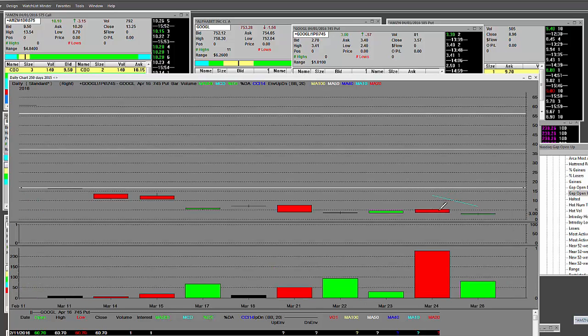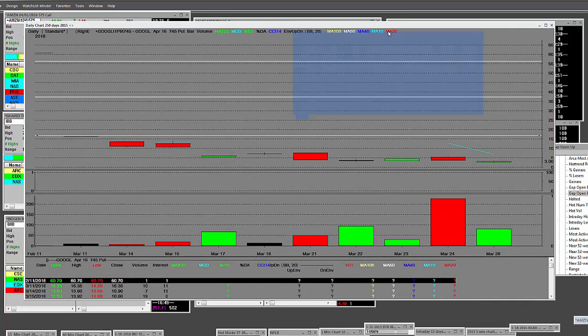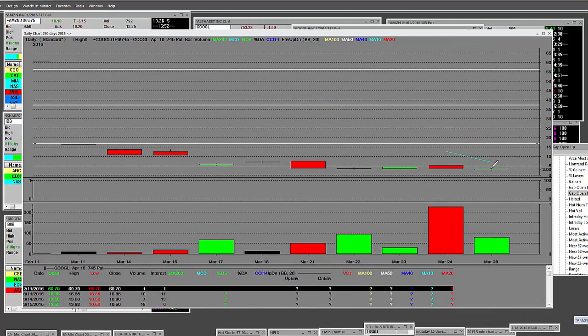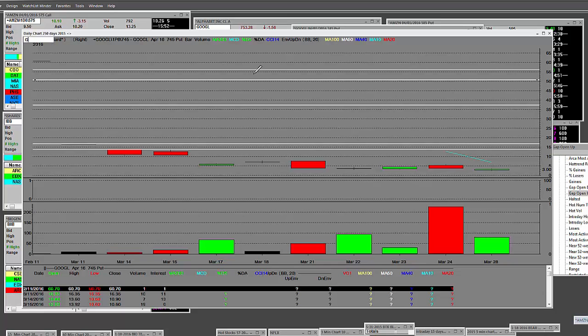This is where it was. It was at its lows today. And this is a put chart and the value of it. A few days back, these were worth $12.80. So based on the actual price movement in GOOGL,